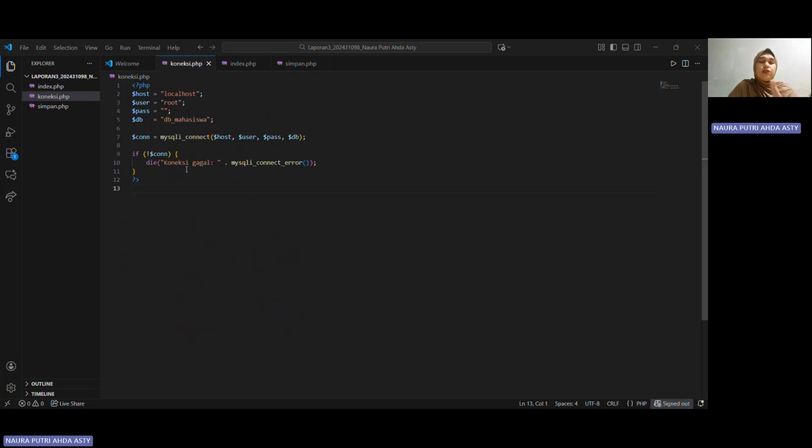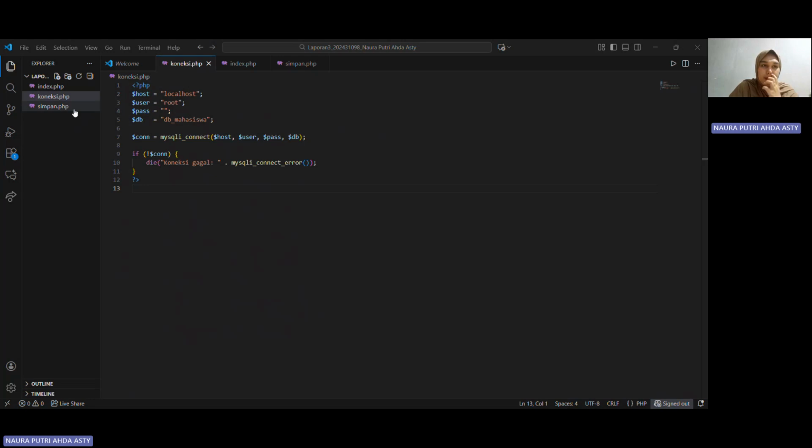If it failed, it will show the message koneksi gagal and stop the website. And if there is no error, the connection will succeed and the website will continue.